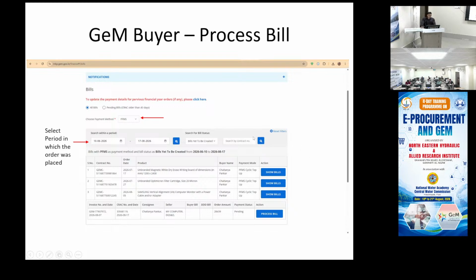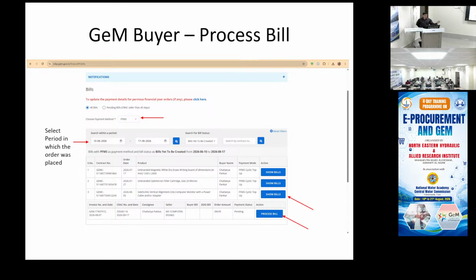If you know the exact CRAC number, you can type the CRAC GEM C dash, this entire number. If you know this exact number, you can paste here and search, or you can search in the period where you placed the order. All that will show up. And you click on show bills, the bottom row will show, and then you click on process bill.